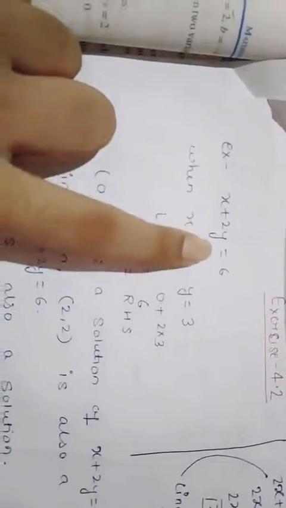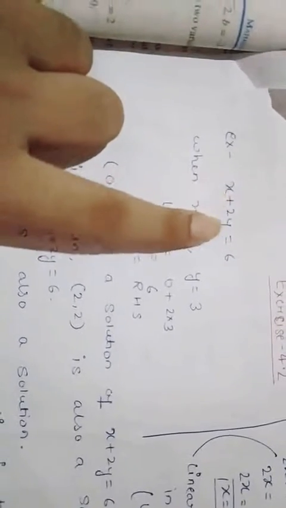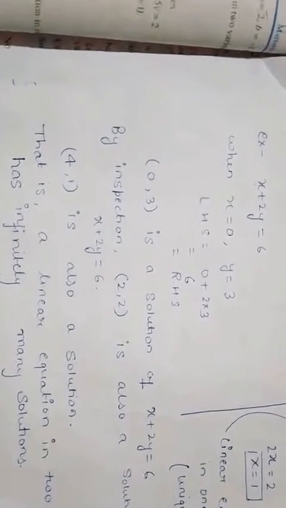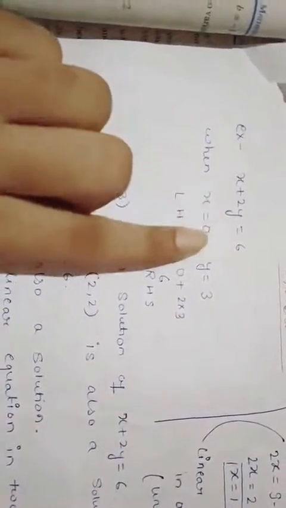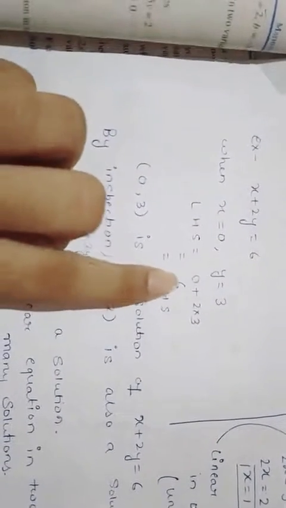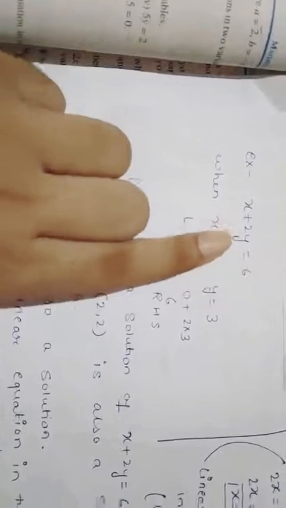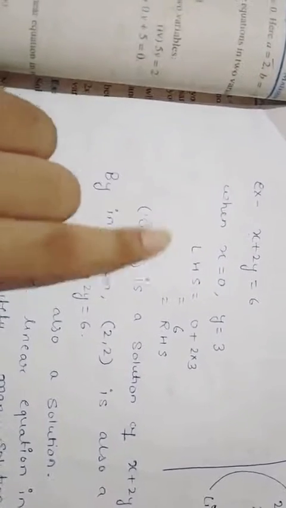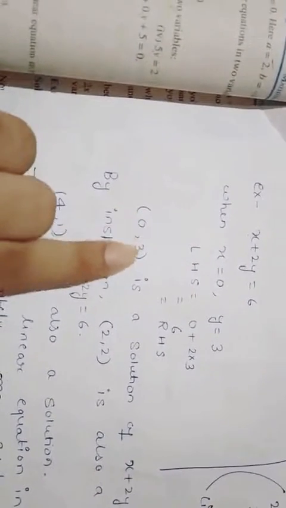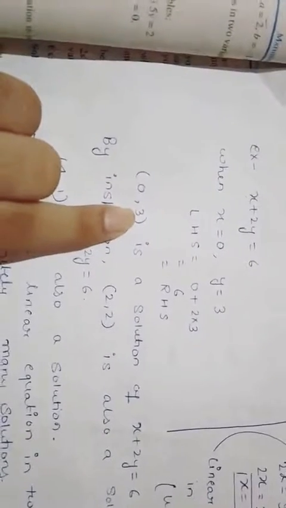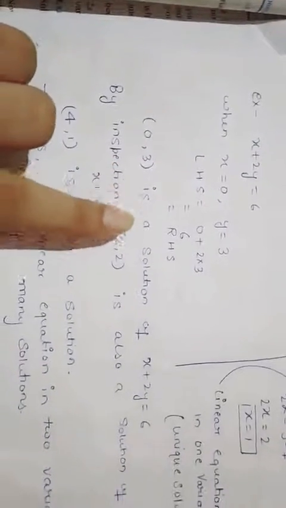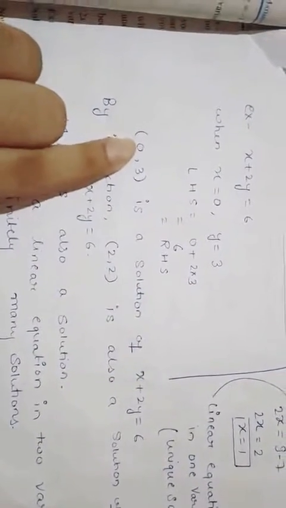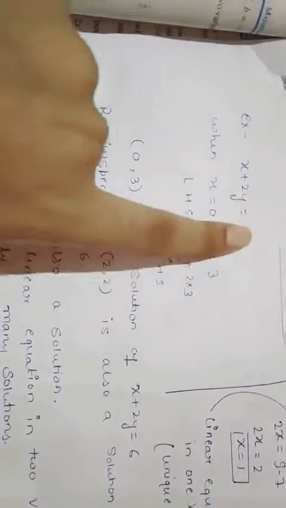we talk about linear equation in two variable, x and y, okay, there are two variables. So is it easy to find the solution of linear equation in two variable? No. Look, if we put x is equal to 0 and y is equal to 3, we get 6, right. It means 0, 3. We write the values of x and y in the ordered pair. 0 is the value of x and 3 is the value of y. So 0, 3 is the solution of x plus 2y is equal to 6, because if we put x is equal to 0 and y is equal to 3, we get the RHS.